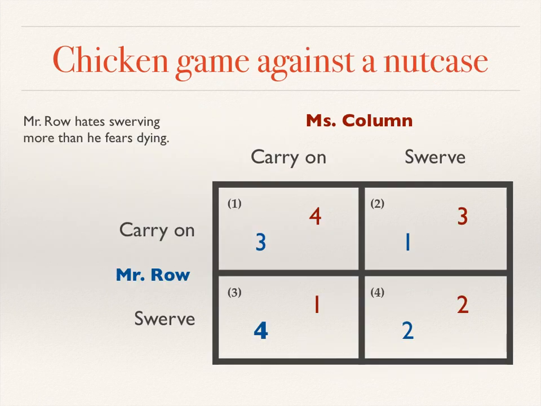Now suppose, let's change it a little bit and say that two people are playing, but one of them is a nutcase. We'll call it Mr. Rowe. He hates swerving. He so much doesn't want to be the chicken or to show cowardice that he hates that more than he fears dying. So we need to change the preferences. Now the crash is only his third least favorite thing, because turning aside to avoid a crash, he hates that more than